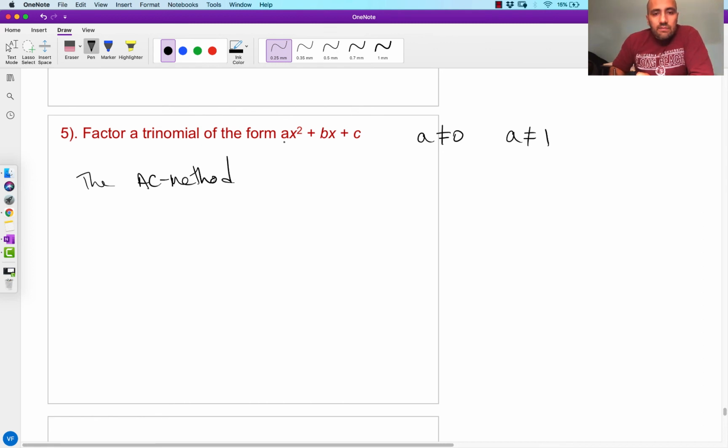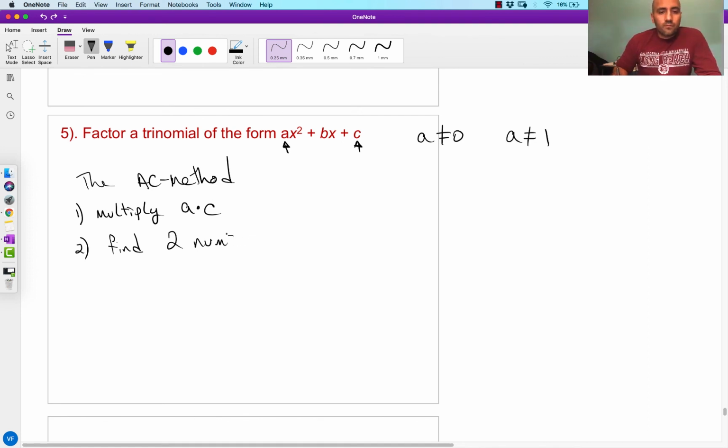The AC method means that step number 1 is we're going to take that a, and we're going to take that c, and we're going to multiply them. Step number 1, multiply a times c. Step number 2, it's going to be very similar to before. Our goal is going to be to find two numbers, p and q, such that,